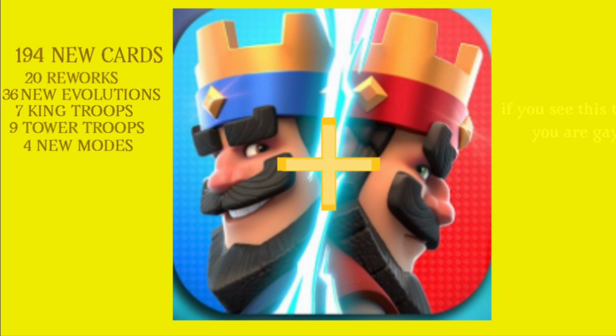Spirit Generator, 6 elixir. It generates a random spirit type every 10 seconds. Its duration is 50 seconds. Skeleton Army evolution. The Skeleton Army now has a 100 HP shield, making it stronger and invulnerable to every spell. Wizard rework. The Wizard is the least used card in the game, so here's a big buff. 10% more damage and 6% more health than